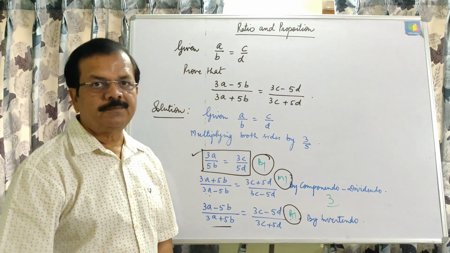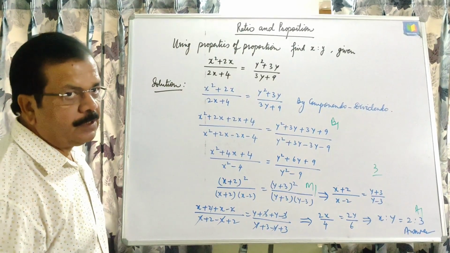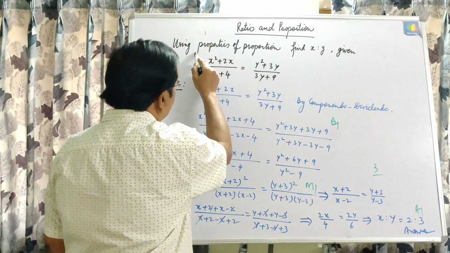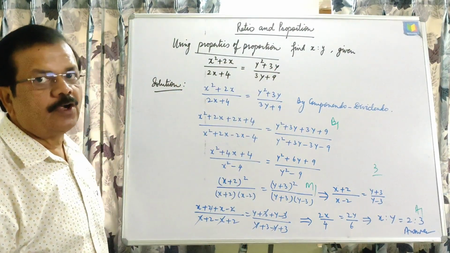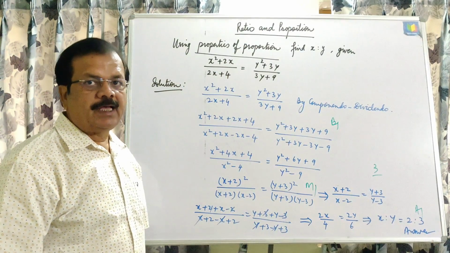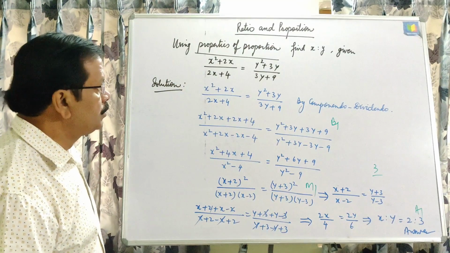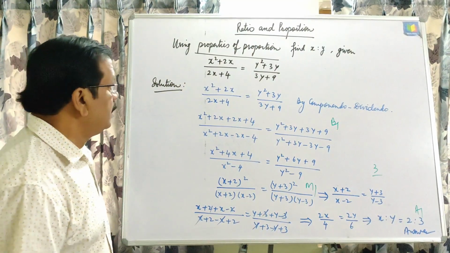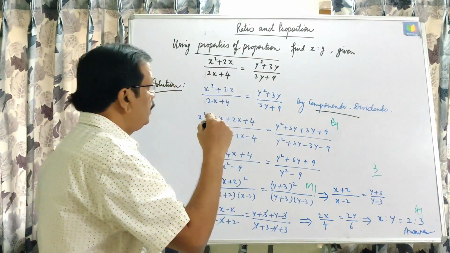Now next question. Using properties of proportion, find x is to y. You are given this value. In this question you are told to use the properties of proportion, and then you will not do it simply by cross multiplying. You will use the property. You are bound to use the property. If you do it without using the property, then marks will be deducted. Now here you are given this, by componendo and dividendo, this is